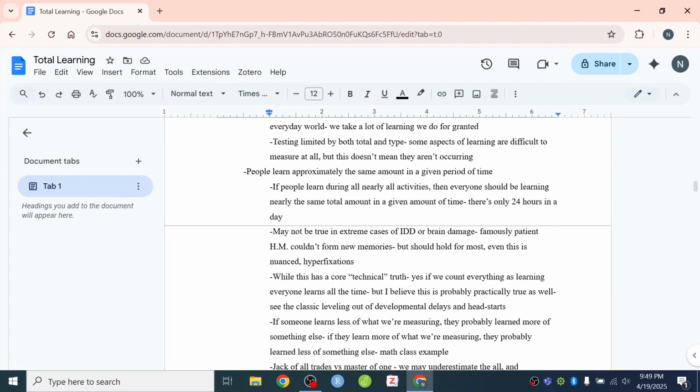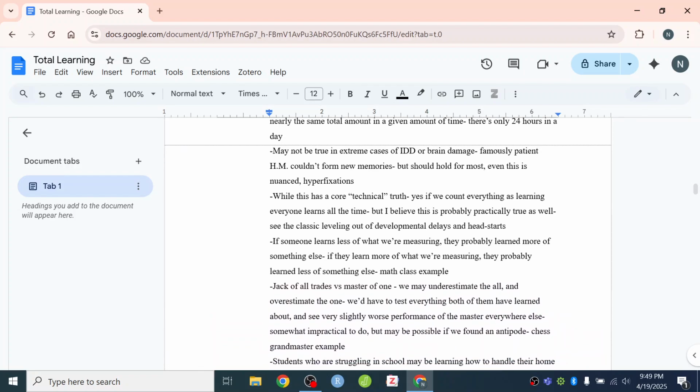And of course, there are kids who get A's in all the subjects, but what are they missing out on? Maybe they have less free time to spend talking to their peers and learning about their peers, less free time to spend watching movies and learning about popular culture. It's only 24 hours in a day.